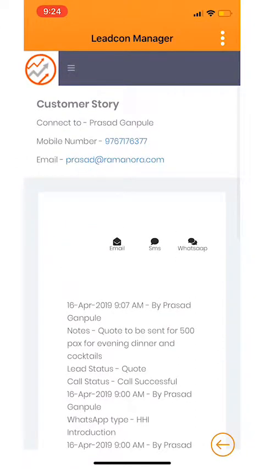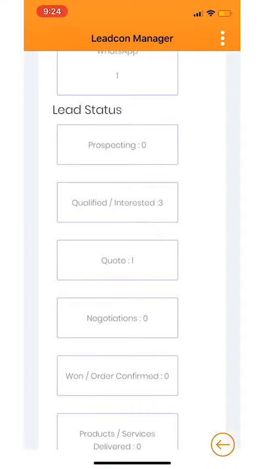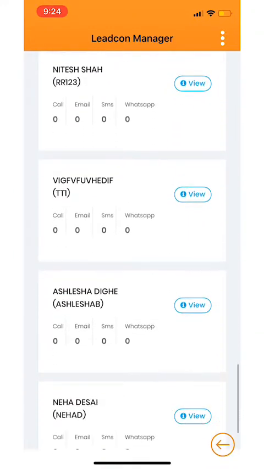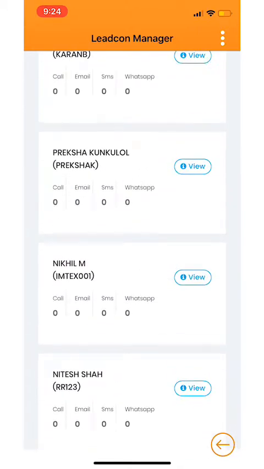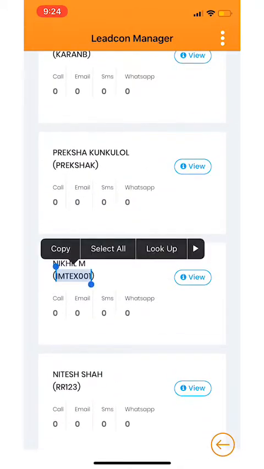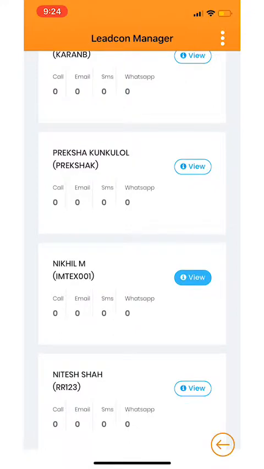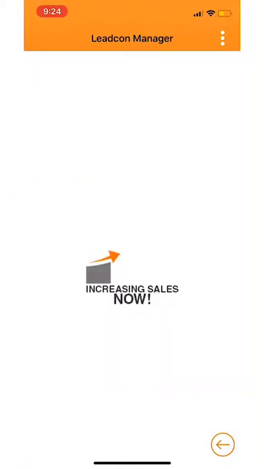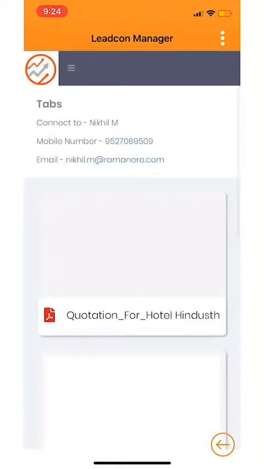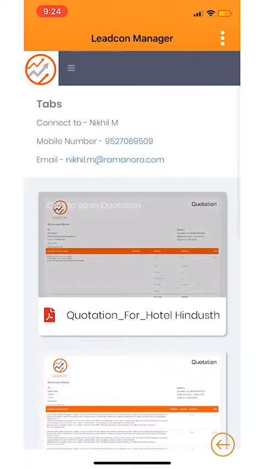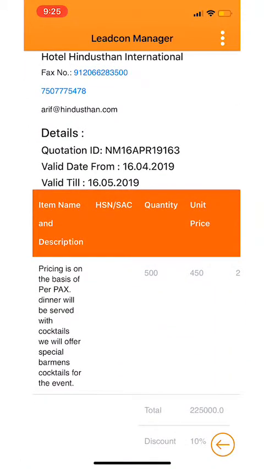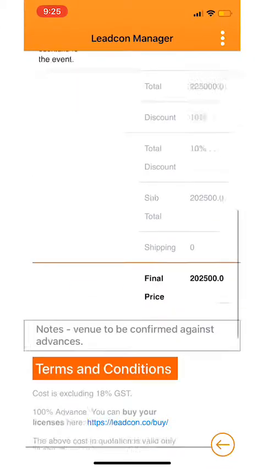Now, as I had shared this lead with Nikhil, I'm gonna go and view Nikhil's page. So here is Nikhil, remember Nikhil M. So I go to view, as he did not do any calls. Here is under view created quotes, and here it is the quotation for Hotel Hindustan. See, Arif Sayed with all the different details, cocktails, we will offer special barman's cocktail for the event, details and